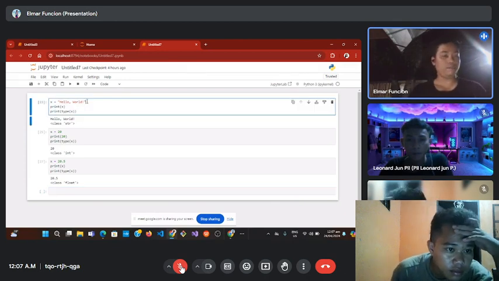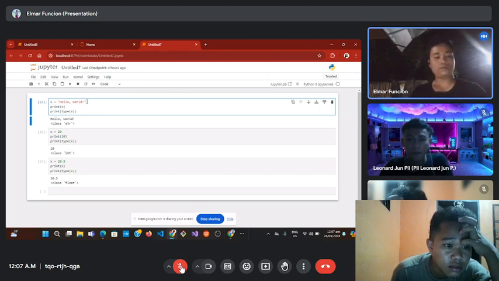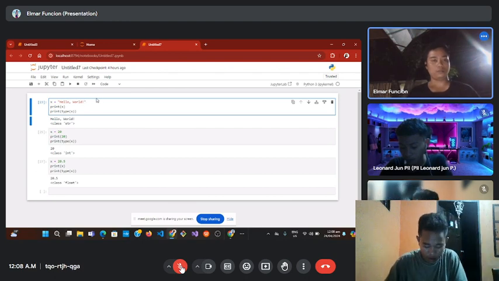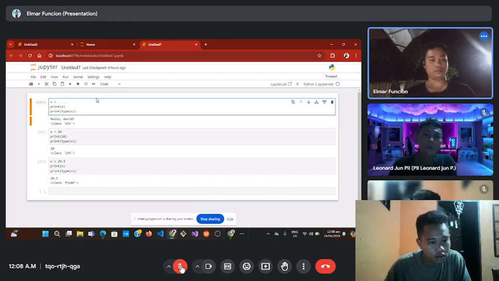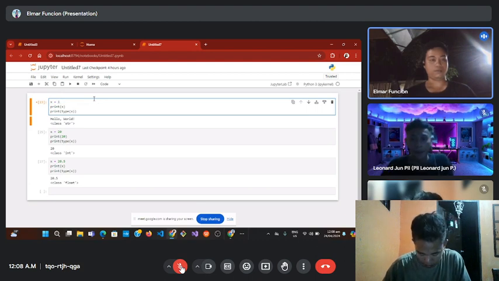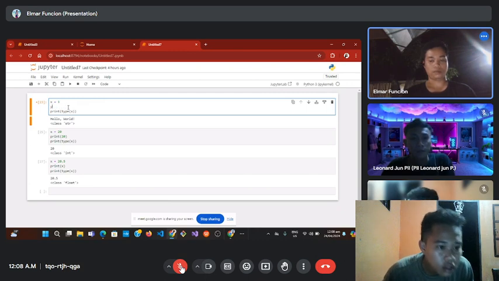Another one is the Python numbers. So I'm going to perform the Python numbers. Here are some examples for Python numbers. Here, x is 1, and y is 2.8, which is float.